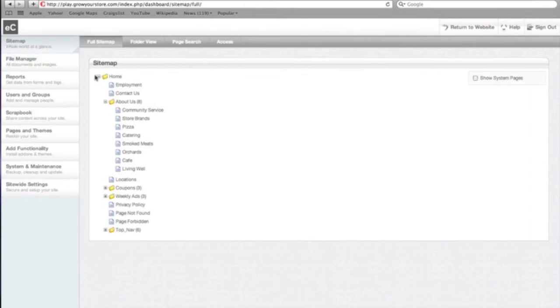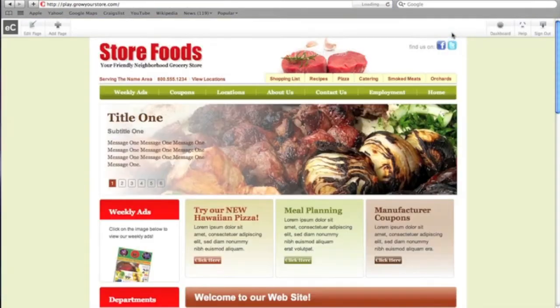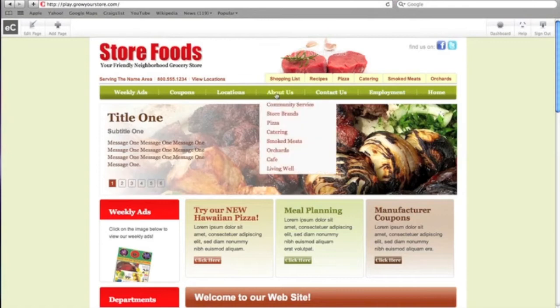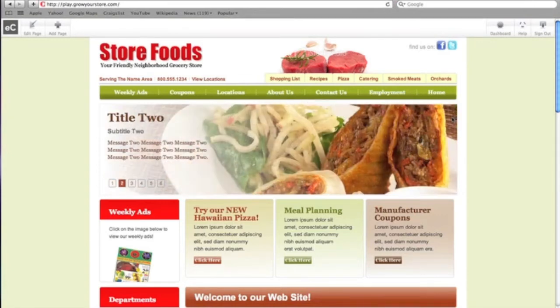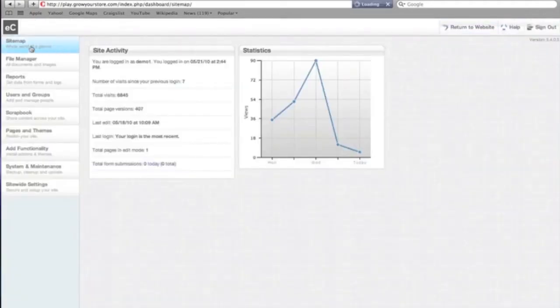And you'll see that's exactly what it is. It just gives you an outline of all the pages of your site. So you can see in here under About Us, for example, we have all these pages: community service, store brands, pizza, catering, etc. And just to real quickly show you how that relates, I'm going to go back to the page, roll over About Us, and here's community service, store brands, pizza, and catering. So back in the dashboard, I'm going to click back on Sitemap,